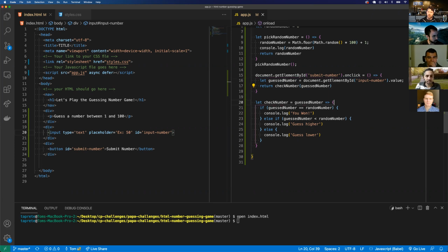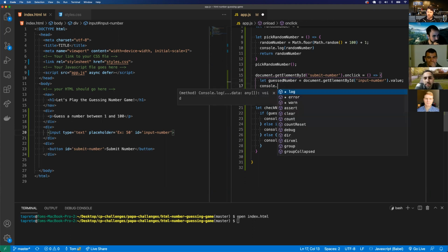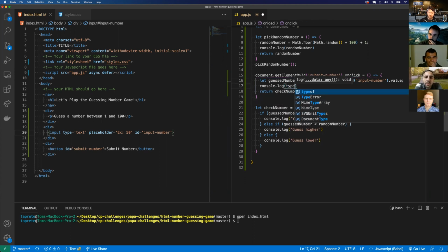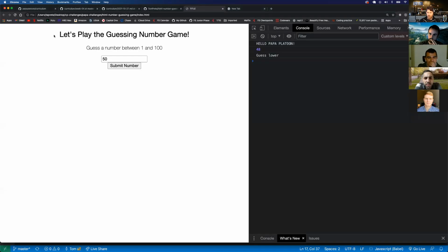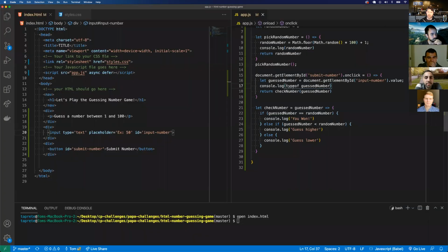So hold on, let's just see something. So I've got guess number. How about I just try to convert this into a number right away? Because let's just see, console log. I don't remember. Is it typeof guessNumber? If I do 50, so it looks like it's a string. And so if I type in a string,